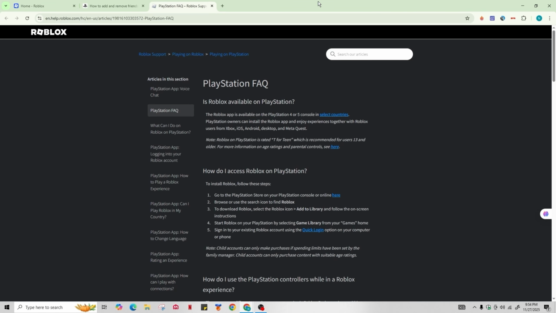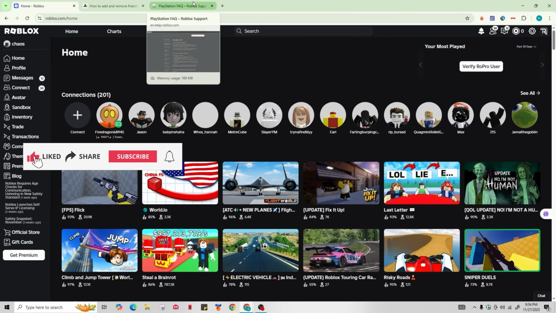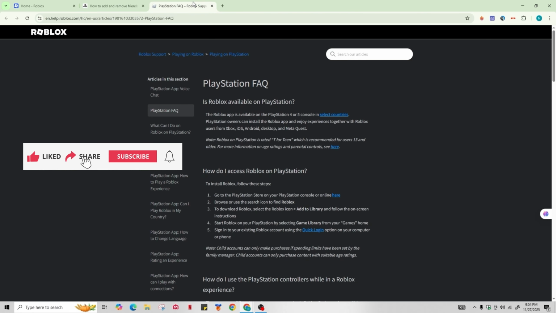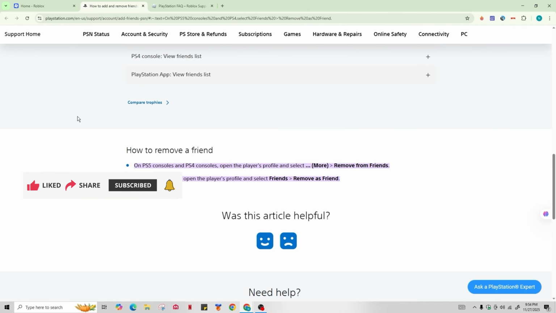So let's begin. In order to do that, you need to launch your Roblox application on your PS5. And once it is opened, you need to go ahead and access your friends list. Once you've done that, that will display your complete list of friends, and you can use the joystick to navigate